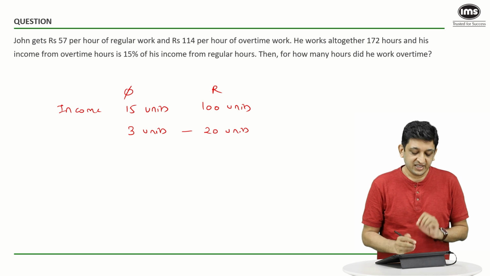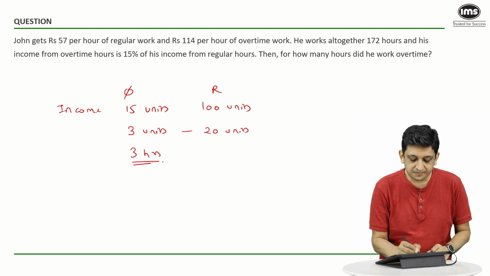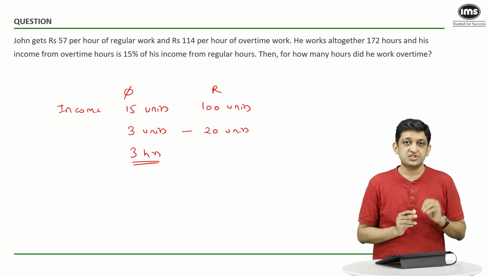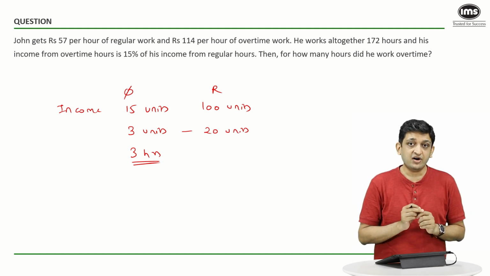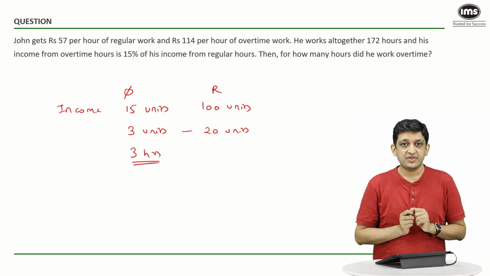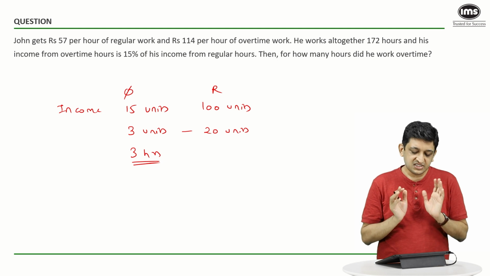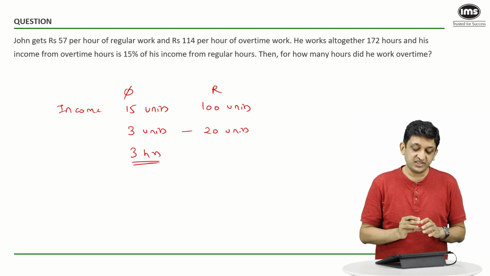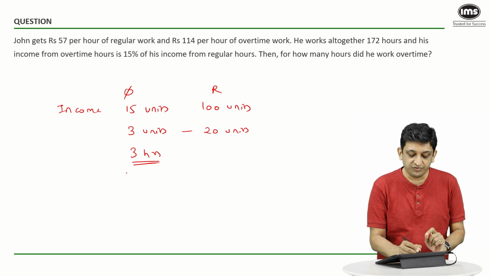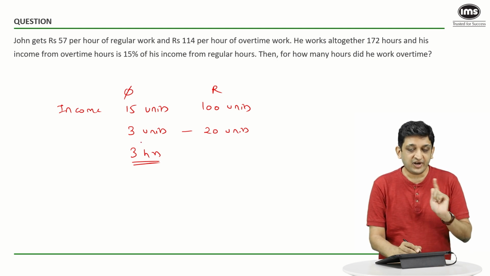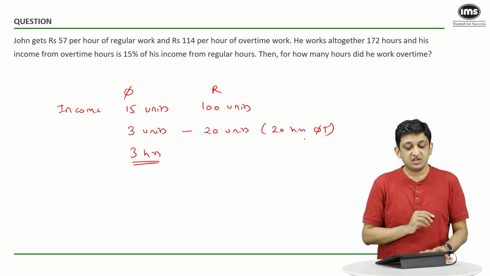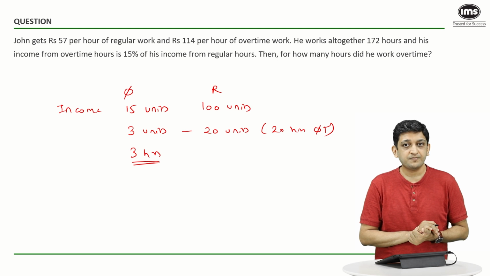Let's say, for example, he is working 3 hours overtime. He works 3 hours overtime to earn these 3 units. So for how many hours has he to work regular time so as to earn 20 units? If that seems to be a stretch, just think about this scenario wherein he wants to earn 20 units in overtime. If you observe carefully, 1 hour of overtime gives him 1 unit. So 20 hours of overtime should give him 20 units as earning.